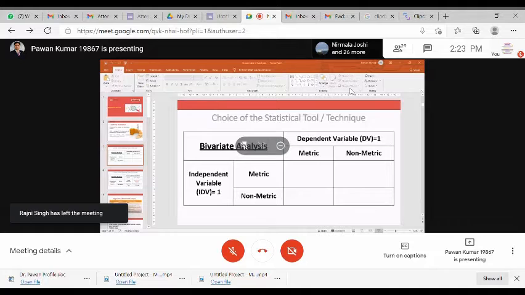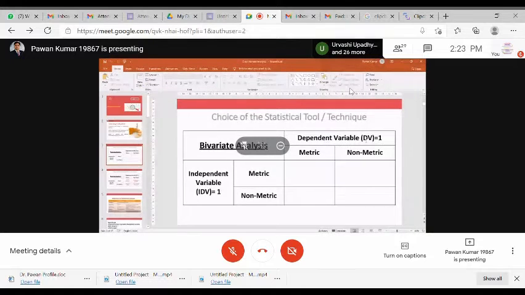So I am going to discriminate the student eligibility based on his attendance, his CGPA, and his performance. I am going to discriminate whether the candidate is eligible for admission or not. So here I am going to apply the technique called discriminant analysis. Please note down, in this particular box, you are going to fill discriminant analysis. Now let us understand in detail.